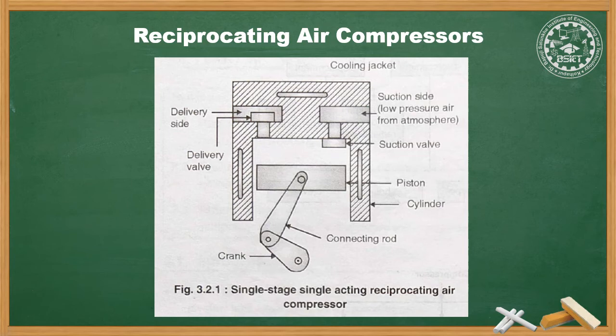The compressor is driven by an external source, that is an electric motor or a prime mover such as an IC engine. The prime mover would have to supply very high starting torque. To avoid this, a hand unloader is used for releasing pressure from the compressor cylinder when the compressor is stopped. So the reciprocating air compressor works on the same principle as an IC engine.